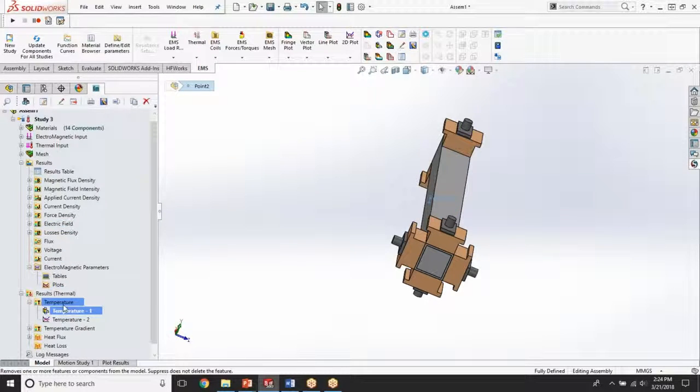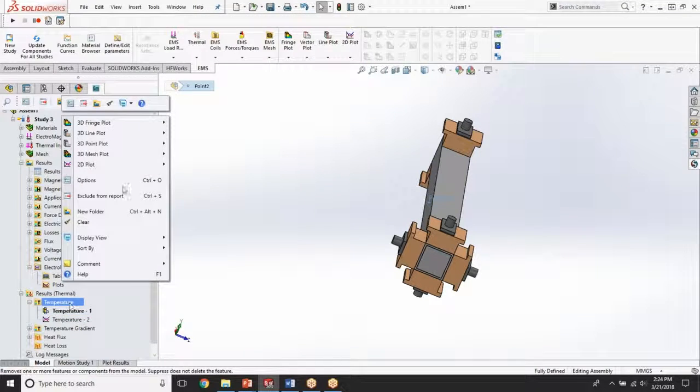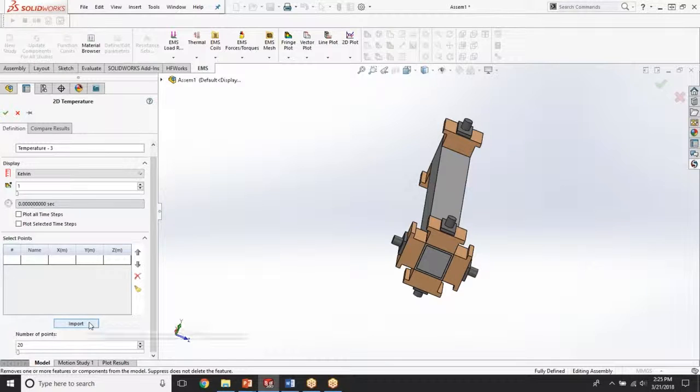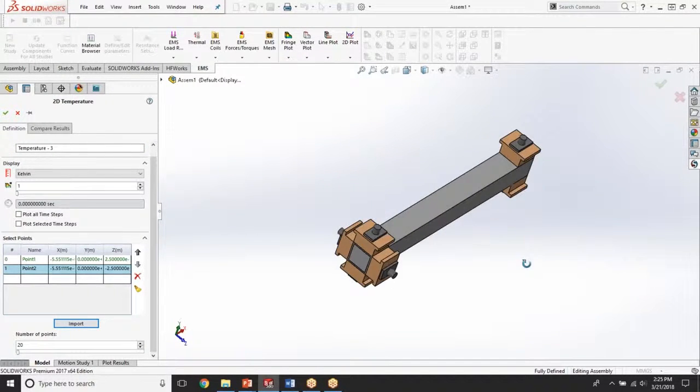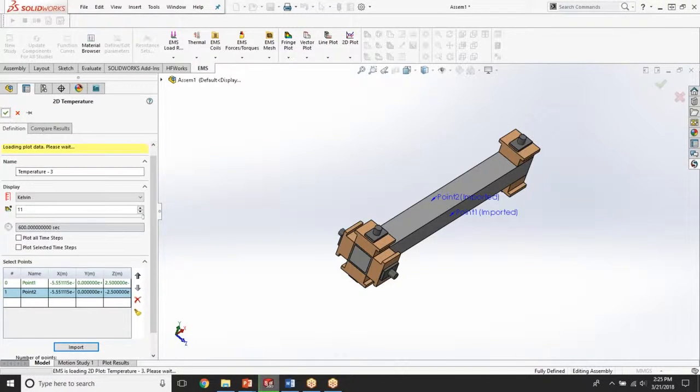So to do that, you go to the temperature folder, right-click on it, and select 2D plot, linear, and then this time we will select import points. EMS is able to import those SolidWorks reference points that we defined before running the simulation. We define how many steps or how many points between those two endpoints we want in our plot, and we select for which time step, let's go all the way to the end, we want to plot the temperature distribution. Hit OK,